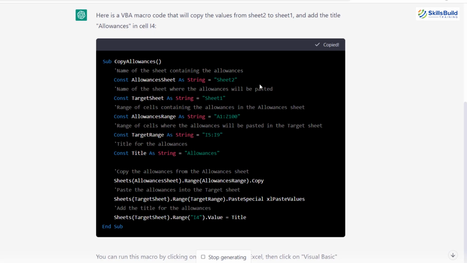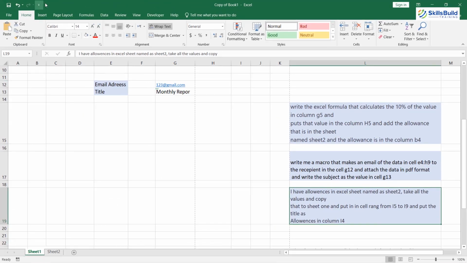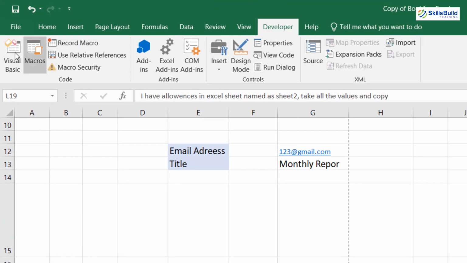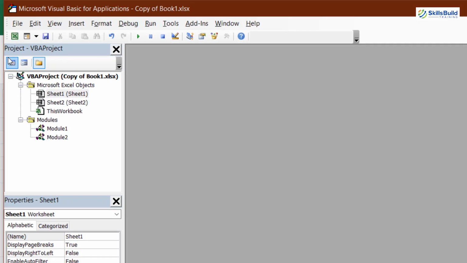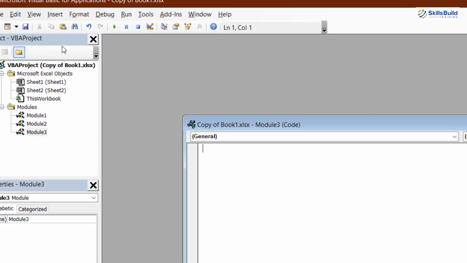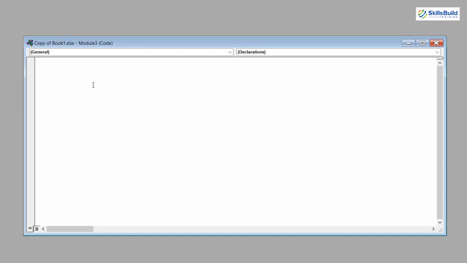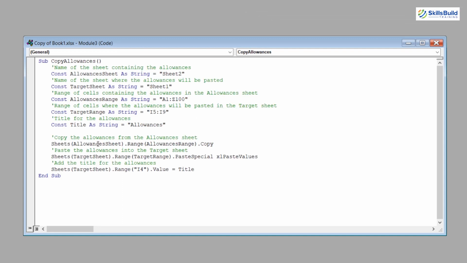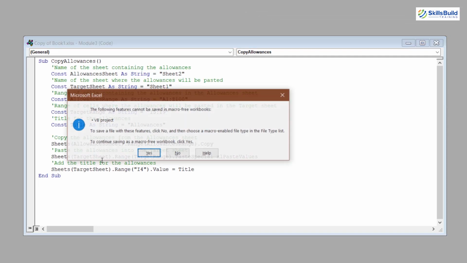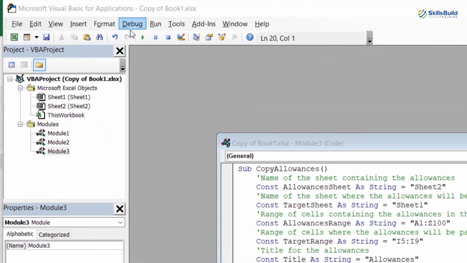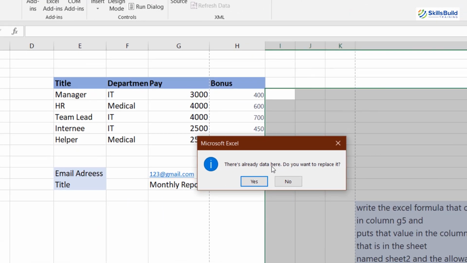So I'll just copy this code. I'll go back. Here it is. This time I'll go to my developer section, and here I have Visual Basic. I'll just click on it, and here I have modules. Click on insert, click on module, and I'll paste the code that I have copied earlier. Click on save or press Ctrl S, click on yes, and from here click on this run button